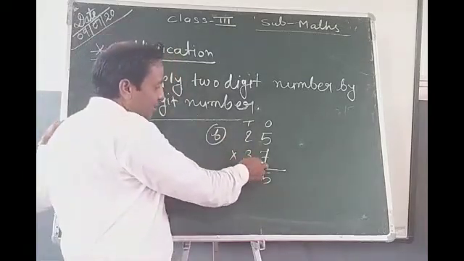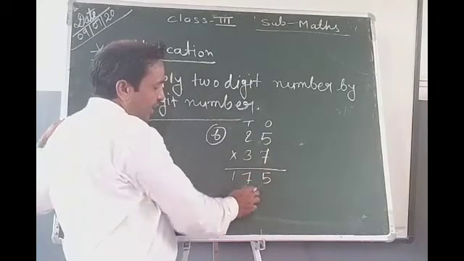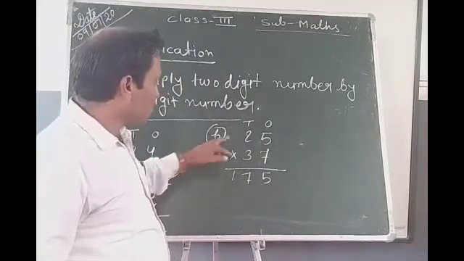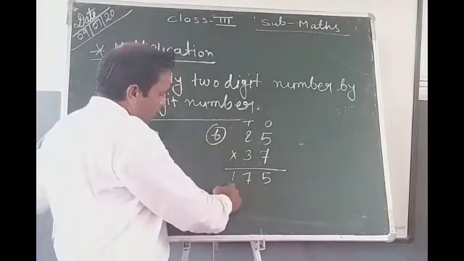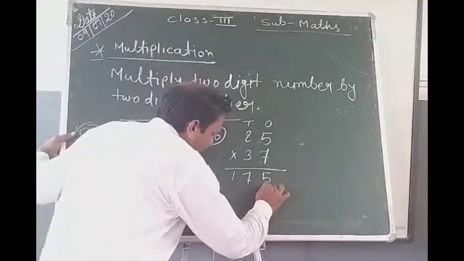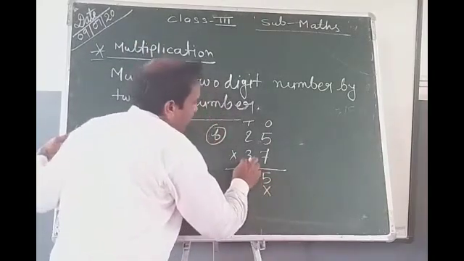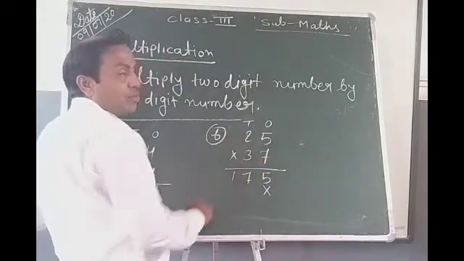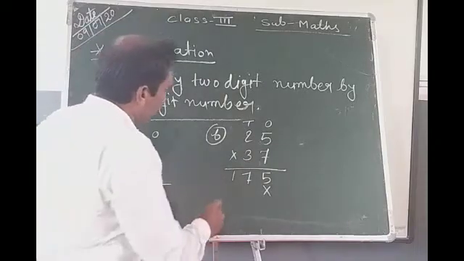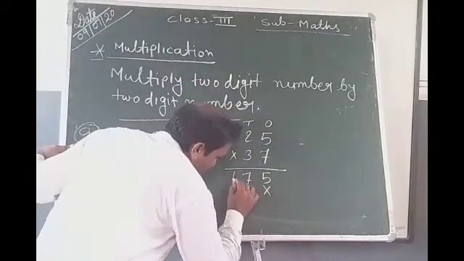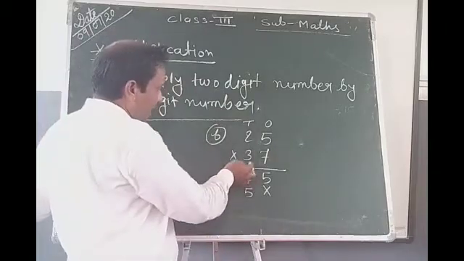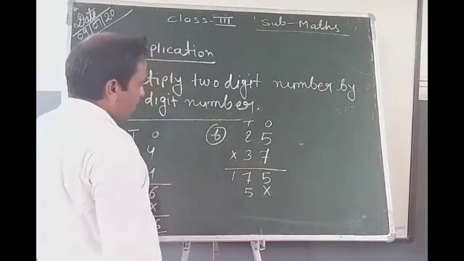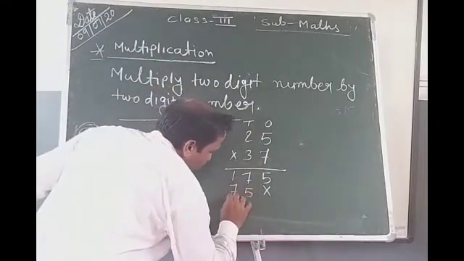See it again one time. 7 5s are 35, write 5 carry 3, and 7 2s are 14, 14 plus 3 equals 17. Again give a multiply sign and read the 3 table 5 times. 3 5s are 15, write 5, carry 1. 3 2s are 6, and carry 1, so 7. You write 7 here.